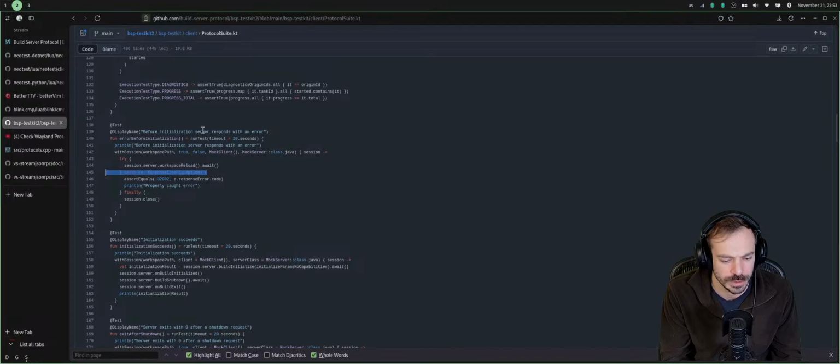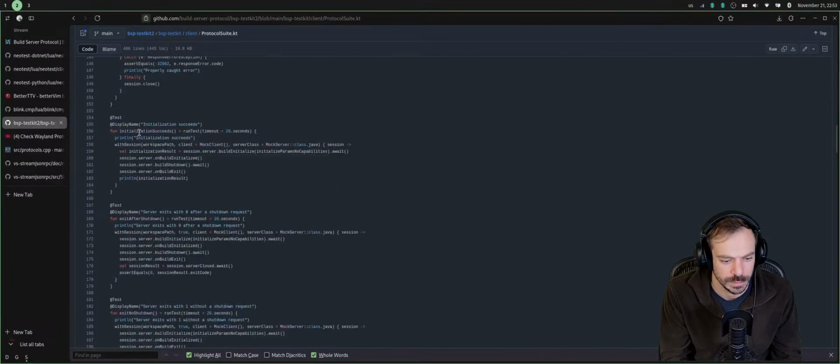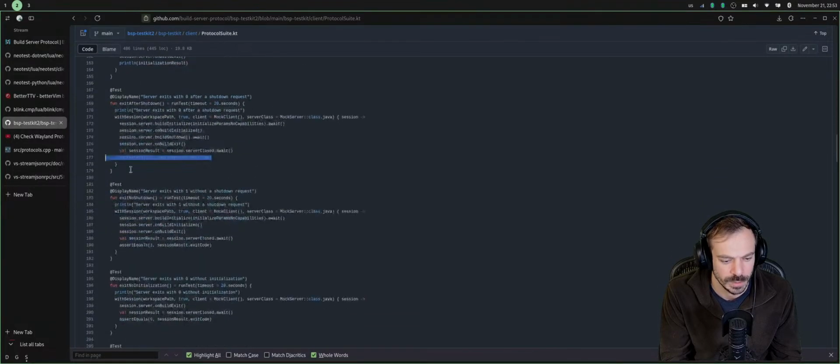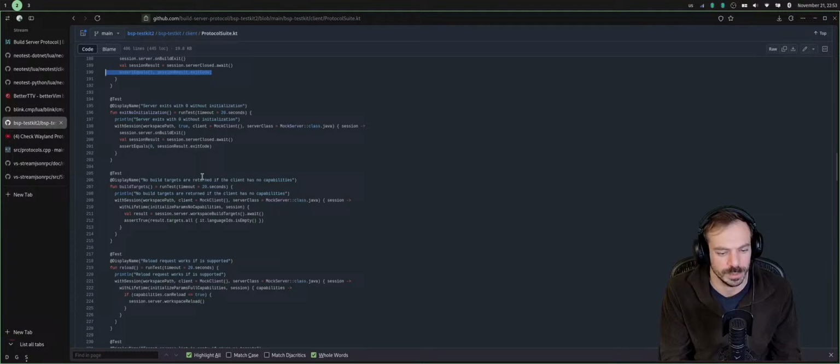For initialization, server response with an error. Initialization succeeds, server exits with 0 after shutdown request. So this is the session restart. So closes, okay. Yeah, that's fine. So I think I did implement it correctly now.